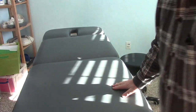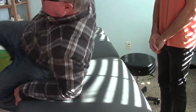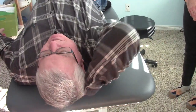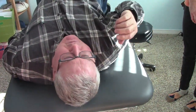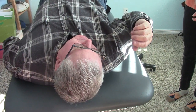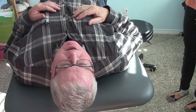And I'll show you a self-treatment. A self-treatment for that rib is to use a hard ball. You can do this once a week to make sure that it moves. You put it in the thickest part of that trap muscle, and then you just wiggle around making circles, searching for where you feel tightest. Okay? And then you just lay on that on the floor